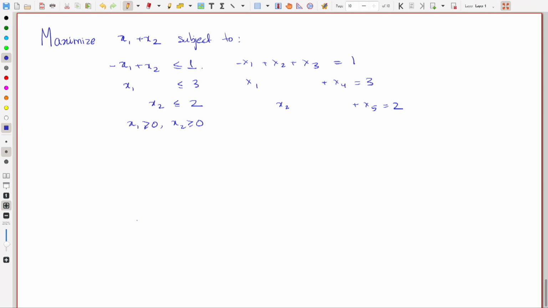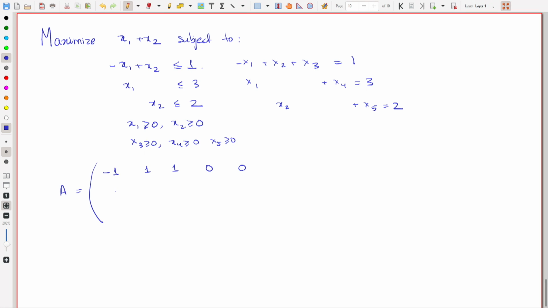And we will require all these variables x3 greater than or equal to 0, x4 greater than or equal to 0, x5 greater than or equal to 0. And our objective function does not involve these variables x3, x4, x5, it only involves x1 and x2. So, in this case what we are saying is A is the matrix -1 1 1